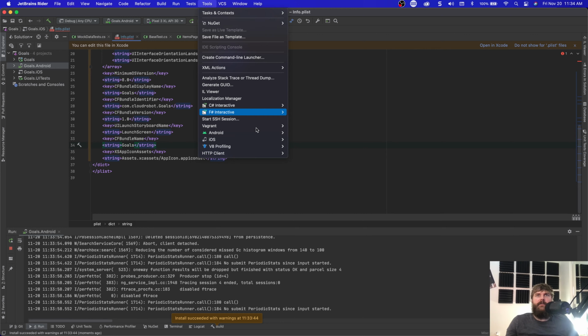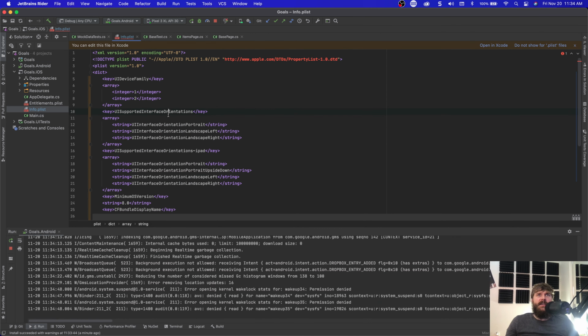So I'll be going back to Writer. The only thing is Writer doesn't do some things that Xcode or Visual Studio does. In this case, I saw if I go to info.plist, it just shows here as an XML type, declarative style. But if you open it in Xcode or Visual Studio, you actually get a graphical list that you can edit, the info plist. And same thing I think with the